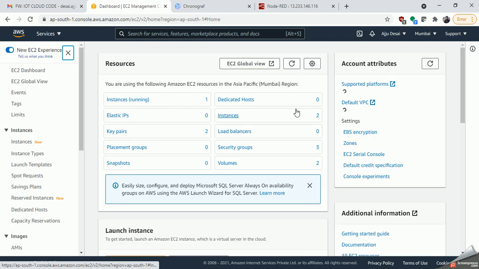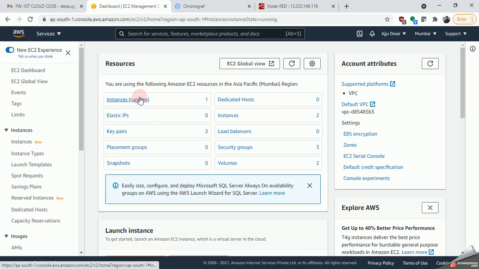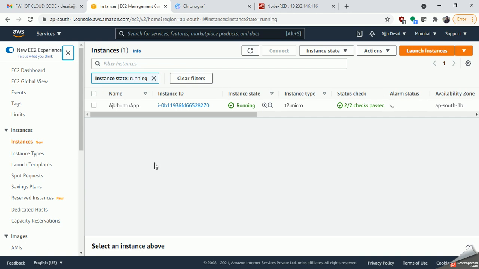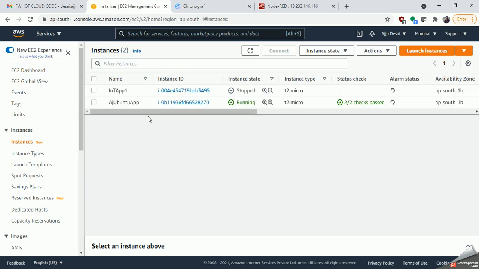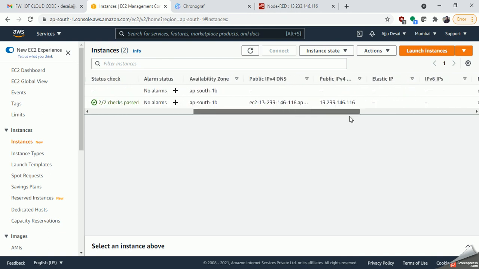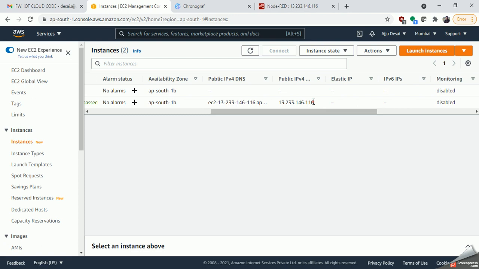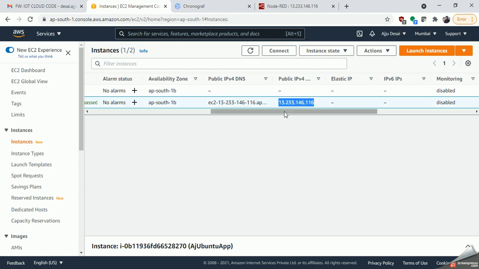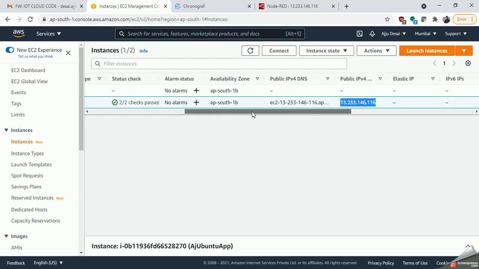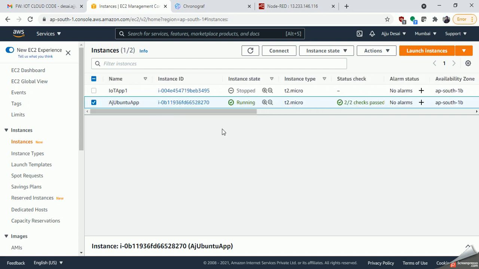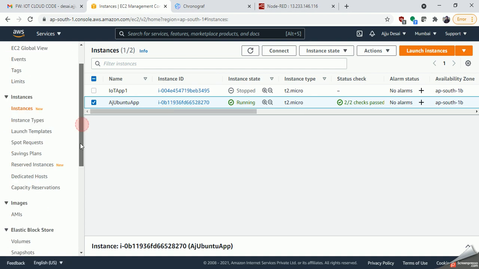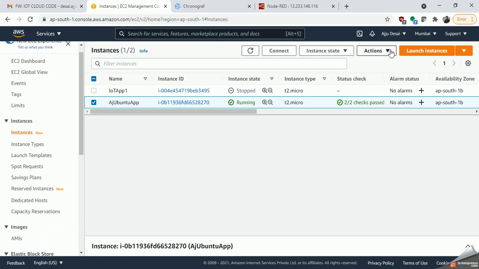I have created the AWS instance here. Currently one instance is running. If you go to the dashboard, I actually created two instances, and out of those, currently the second one is running, and it is using the IP address 13.232.293.126.116. And if I go and check the info rules of that one,